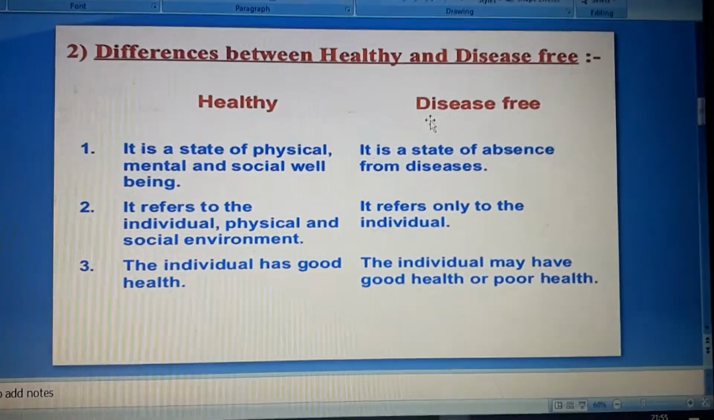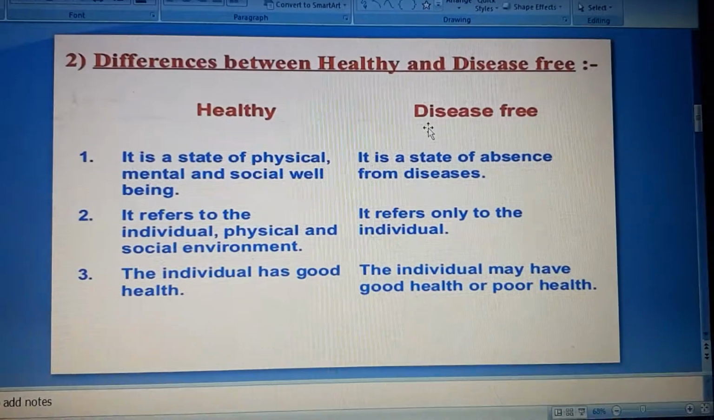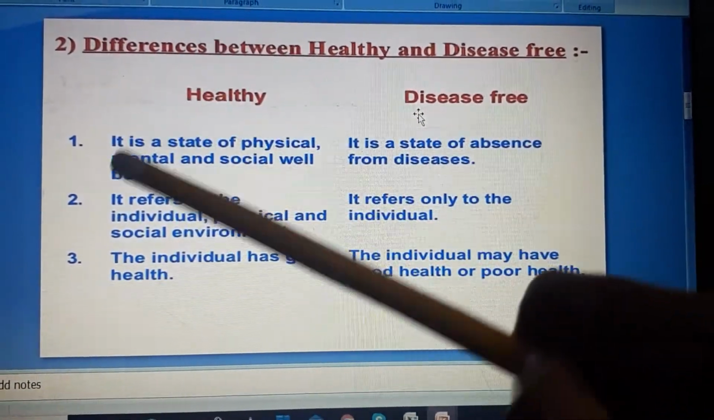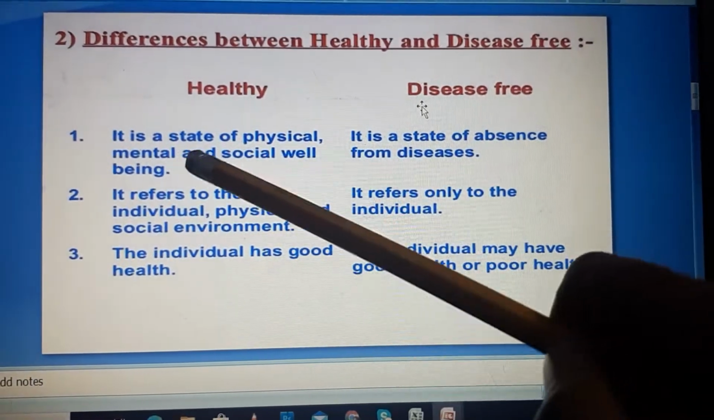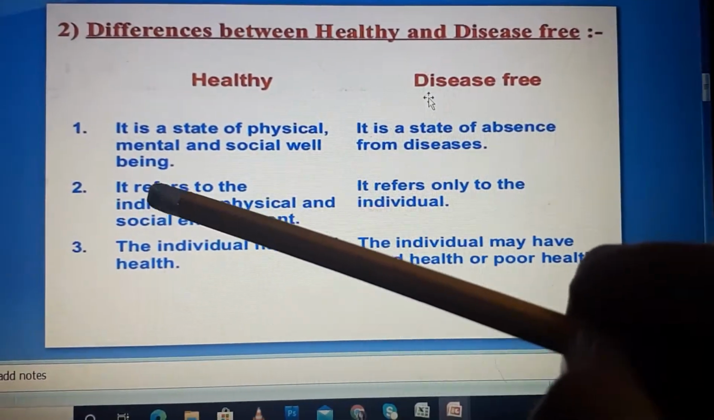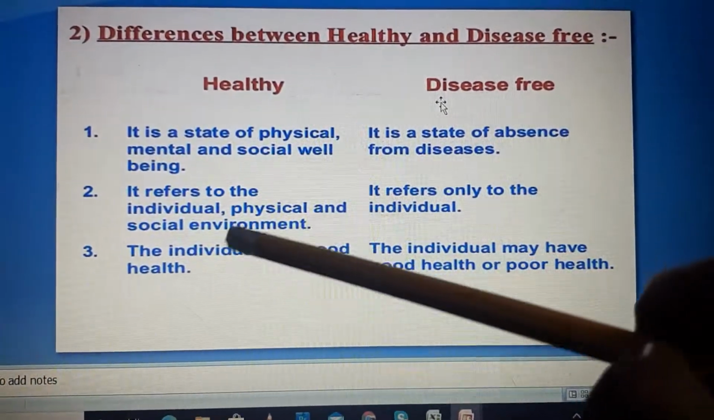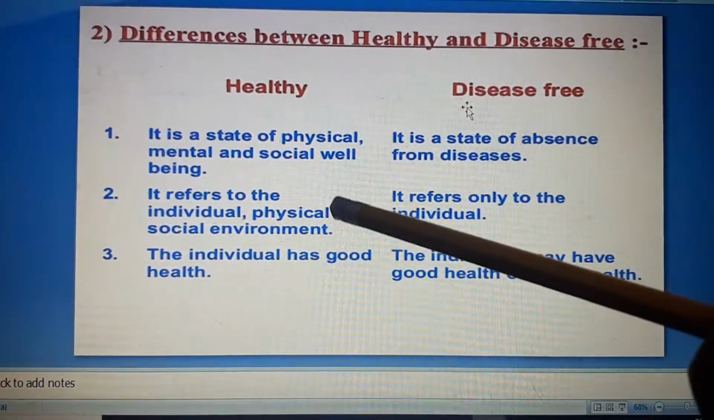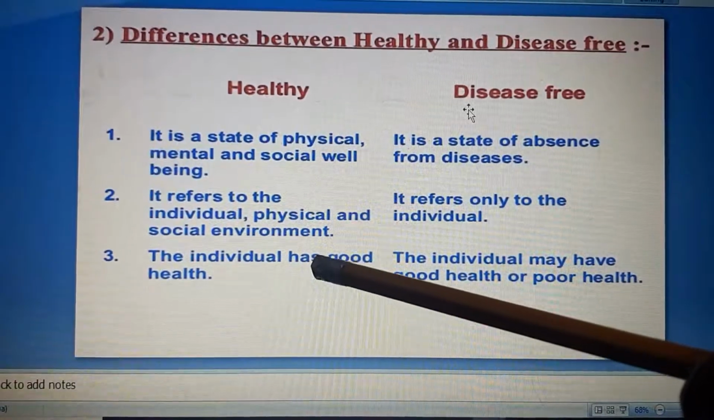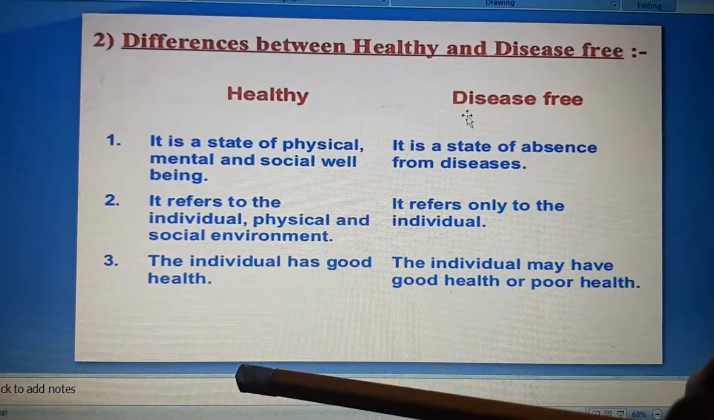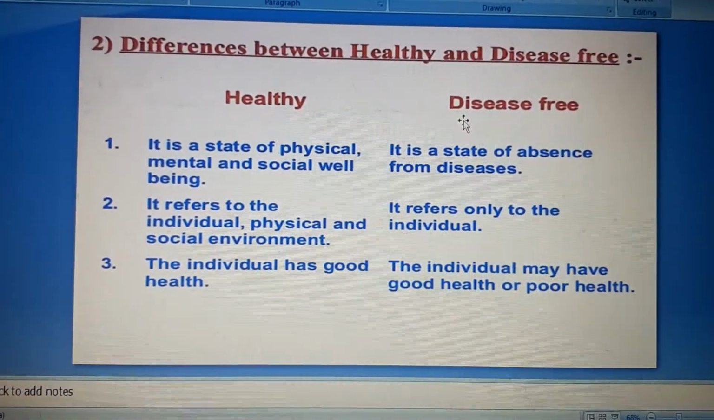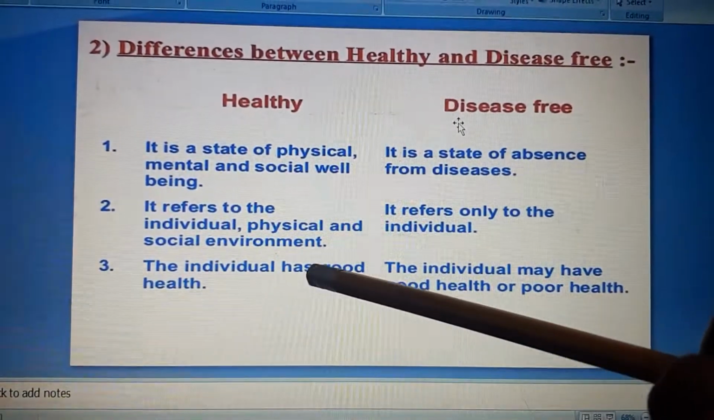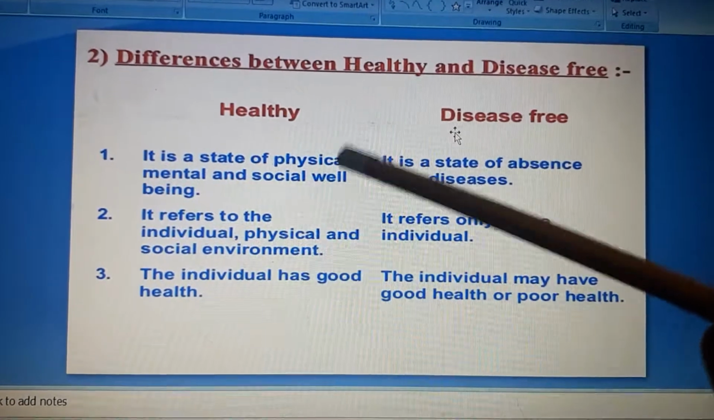Now, what is the difference between health and disease free? We have already studied this. Health is the state of physical, mental, and social well-being. It refers to the individual who is physically, socially well, and the individual should have good health,